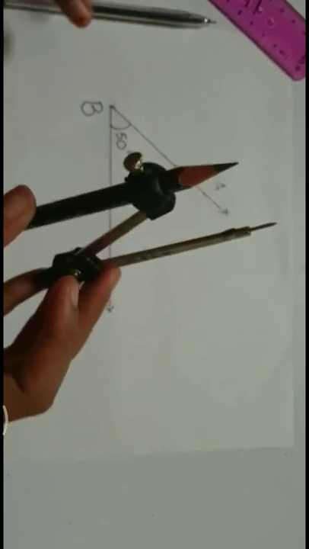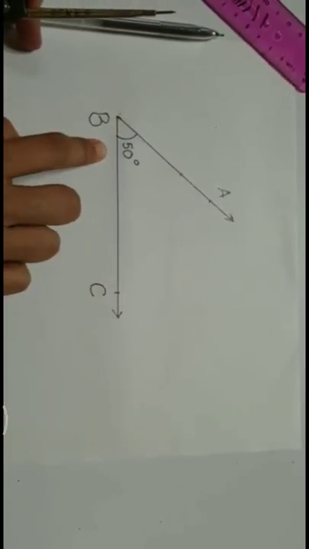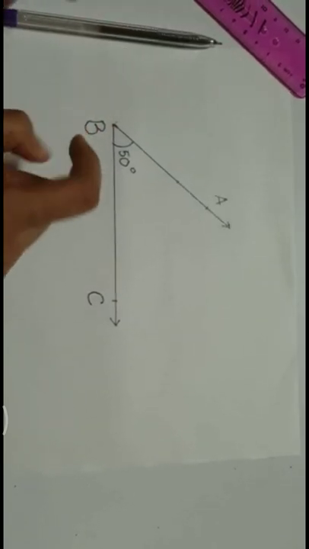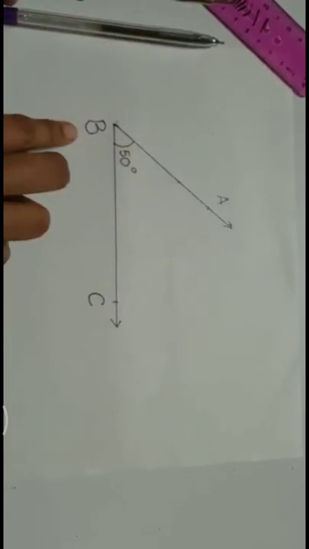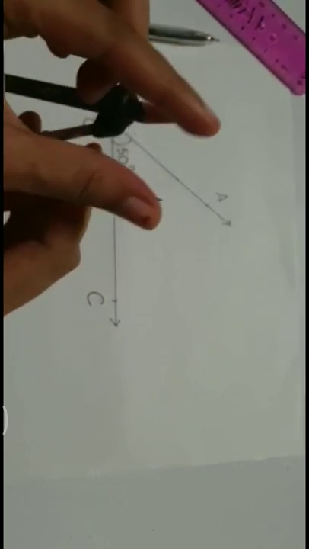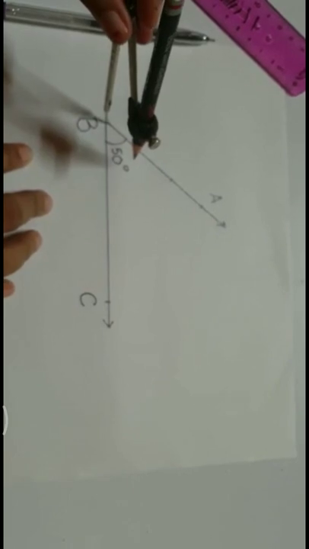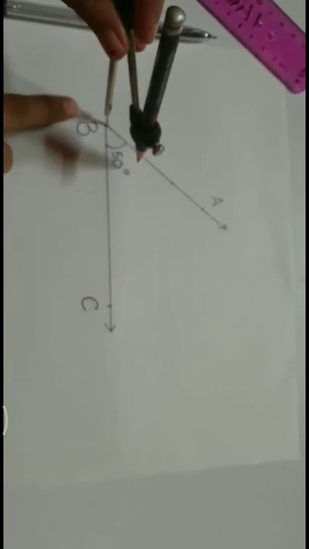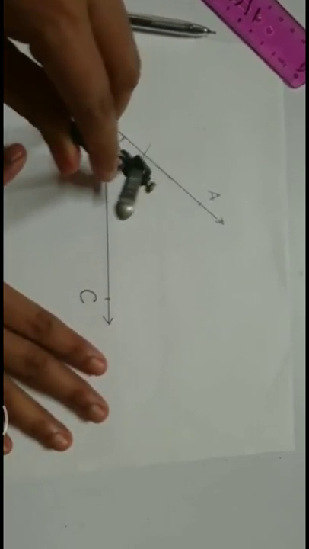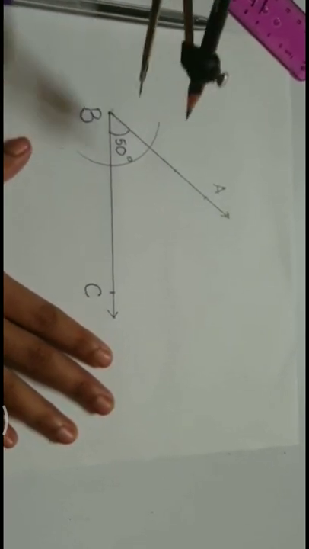Now we go to angle bisector. For that you need a compass. You will be placing the steel point on B. You can see the steel point. You will be placing it on B. Take sufficient distance, any suitable distance as you like. Place your steel point on B, that is the vertex of the angle, and draw an arc on both the arms of the angle. You can see I am drawing an arc on both the arms of the angle,